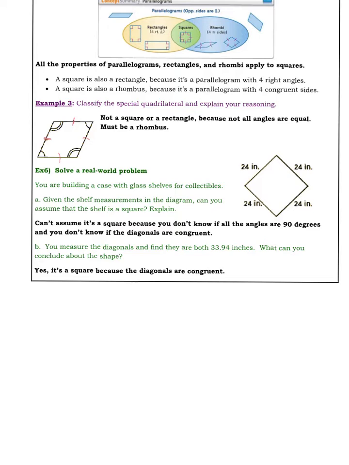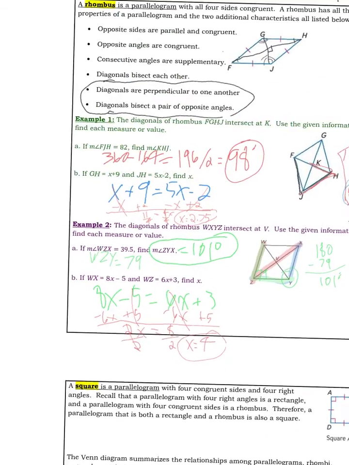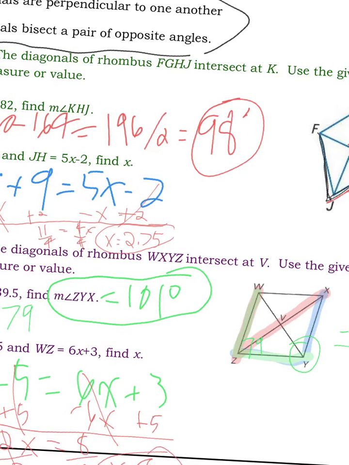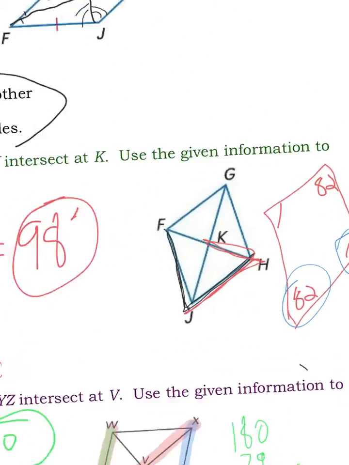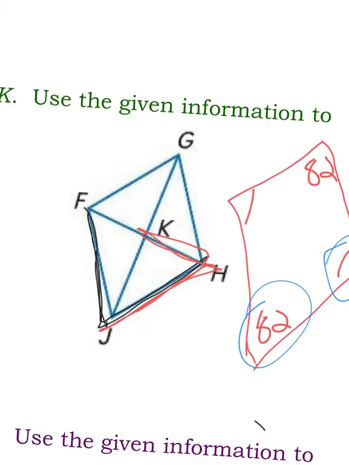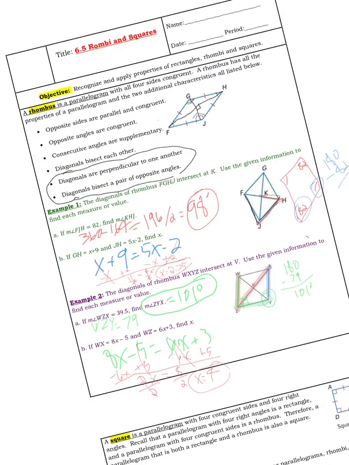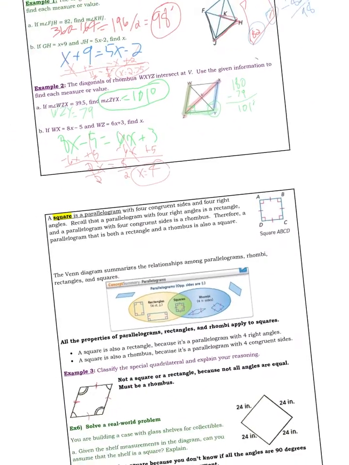So the next one says, you measure the diagonals and find they're both 33.94 inches. What can you conclude about the shape? Yeah, now I can conclude it's a square because the diagonals are congruent. Okay, so if I were to do any other math problems like this on a square, it'd all be the same thing, except maybe if I were doing angle ones, I just know that each angle in the corners has to be 90 degrees. But I know all the sides are congruent, and I know that the diagonals are